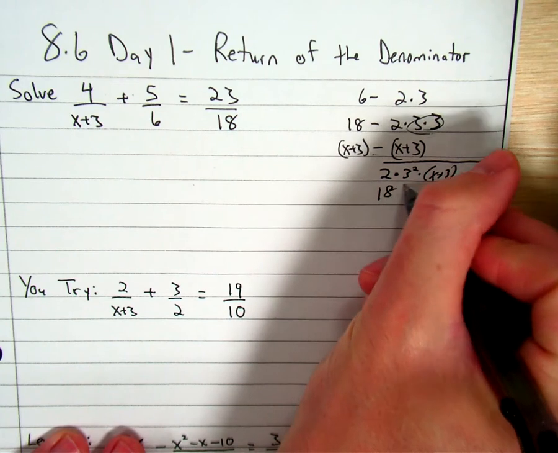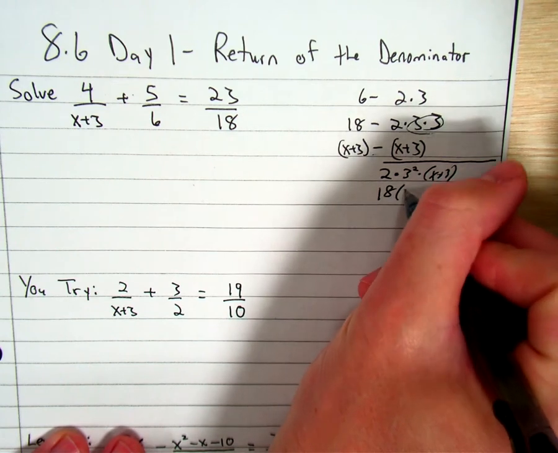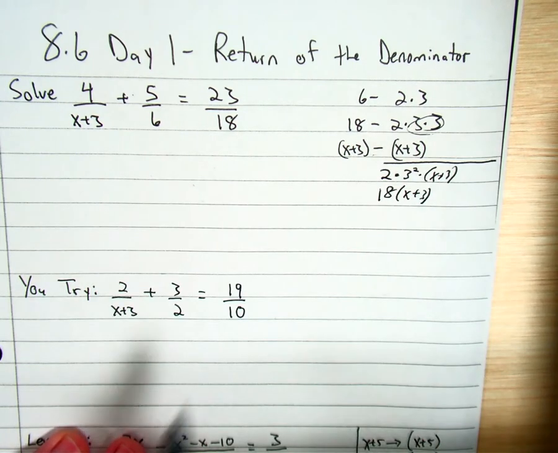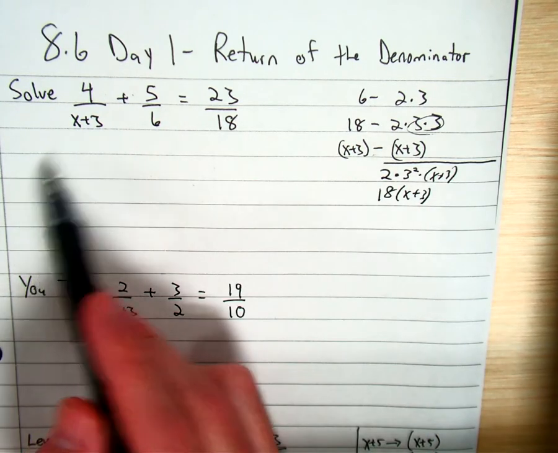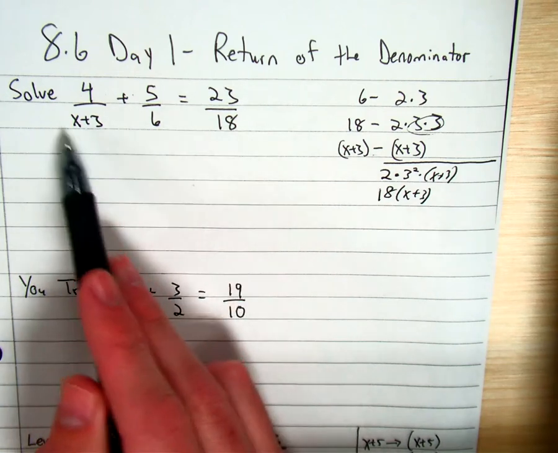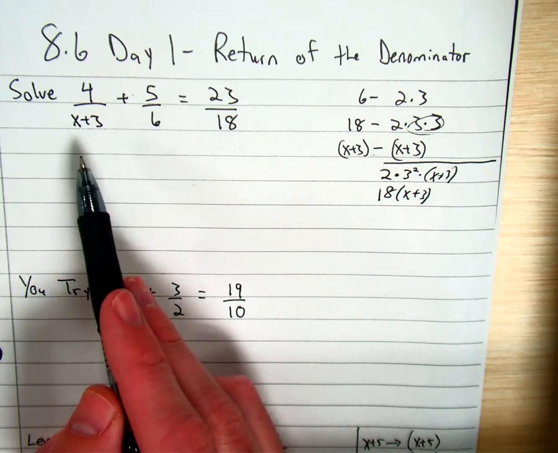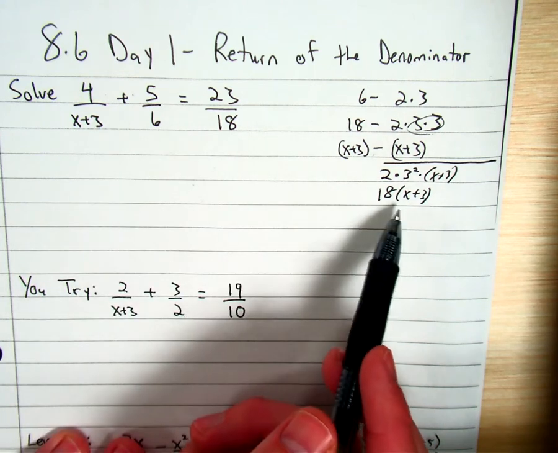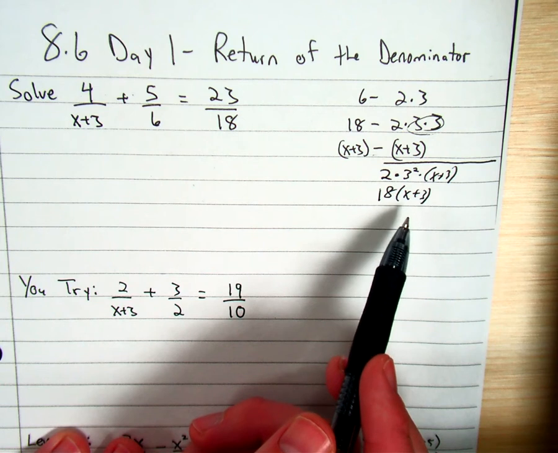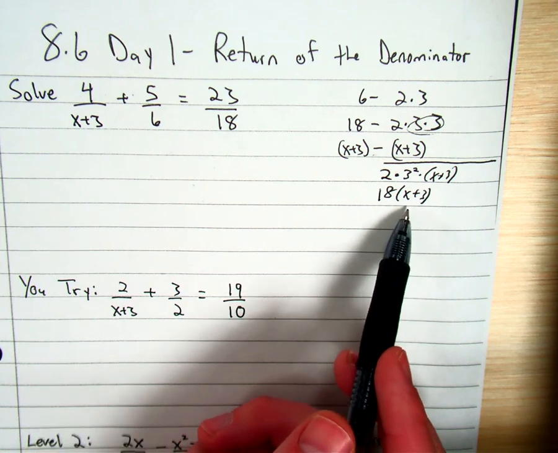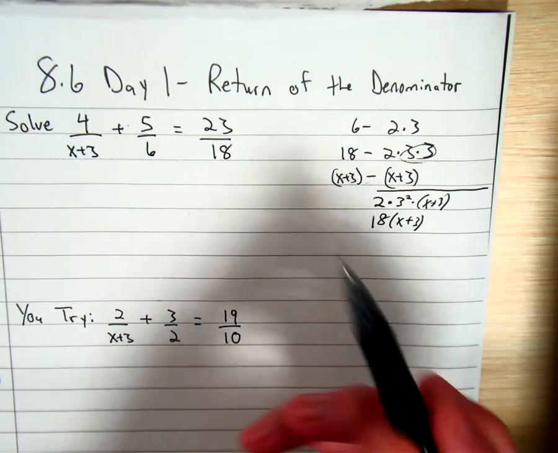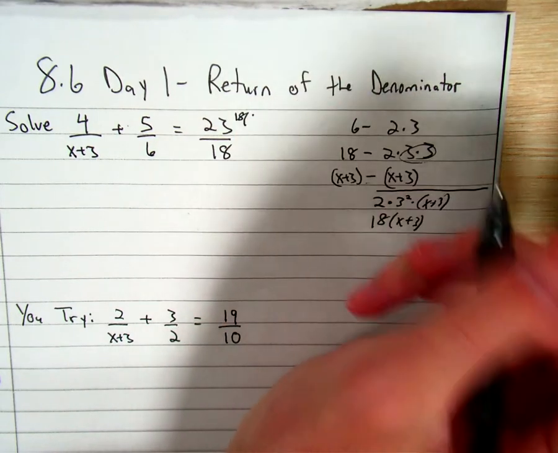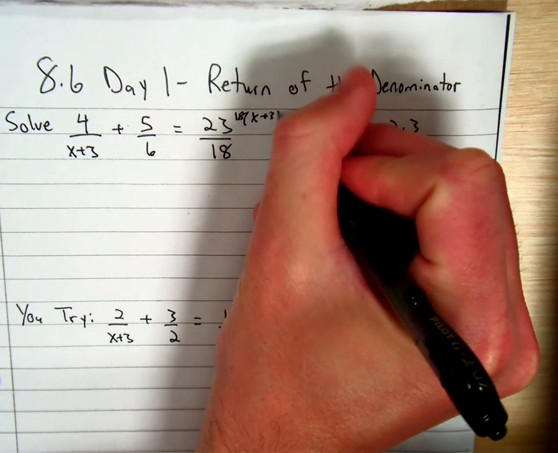We're multiplying everything. Well, not yet, are we? We're not to that part yet. 18 times x plus 3 would be the common denominator. We could go through and try to get all these to have 18 times x plus 3 on the denominators and then combine. Or the shortcut we'll learn today, let's just multiply everything by 18 times x plus 3